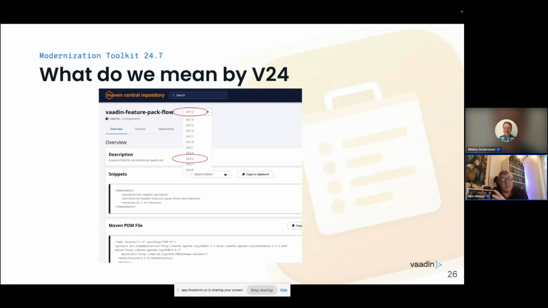Many migrations, many upgrades are happening to Vaadin 23 instead, so that they can use a lower version of Java. So at the time we released MTK 24.7, we did a simultaneous release of MTK for Vaadin 23. If you look here in the Sonatype site, you'll see that there are different versions of feature pack available. Right now, that's 24.7.4 and